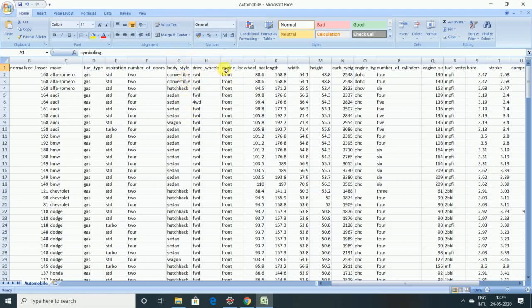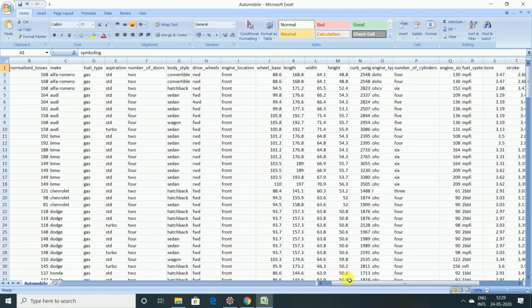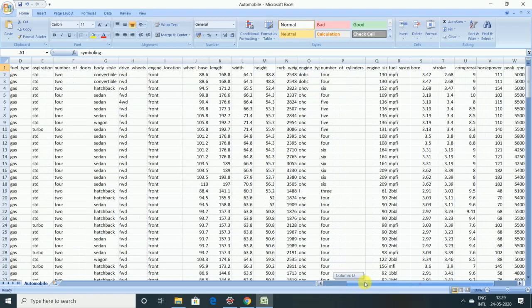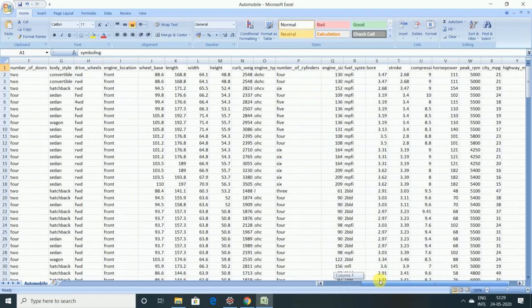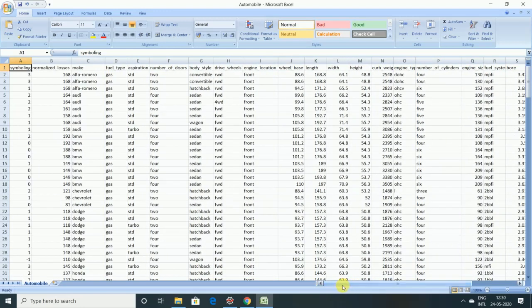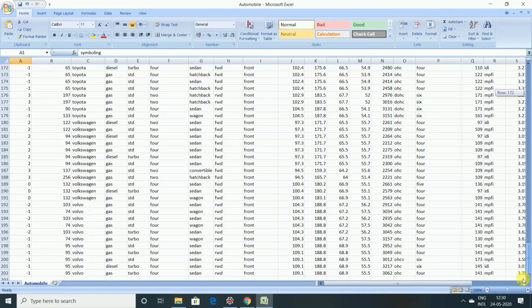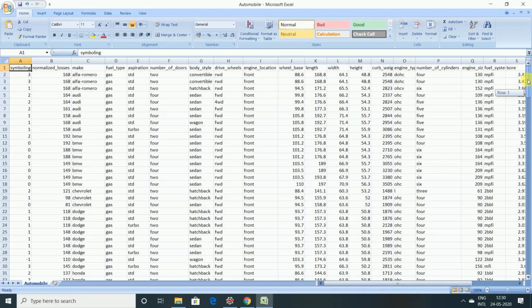We have drive wheels, engine location front and rear, wheelbase, length, width, height, engine type, number of cylinders, engine size, fuel system, the bore, the stroke, the compression, horsepower, city MPG, highway MPG, and the price. So these are a few of the attributes from the automobile CSV file, and altogether we have around 201 instances and 26 columns.